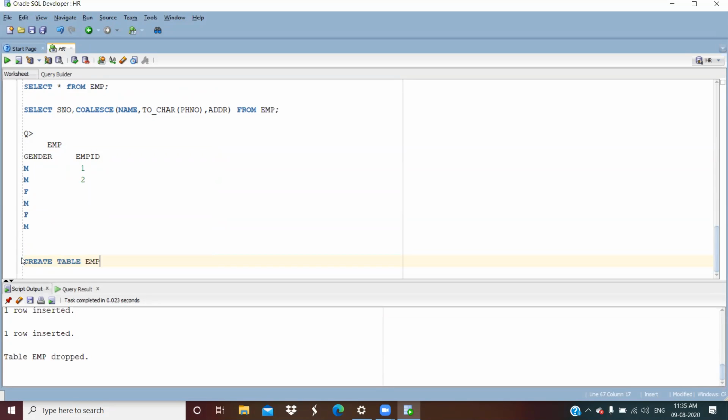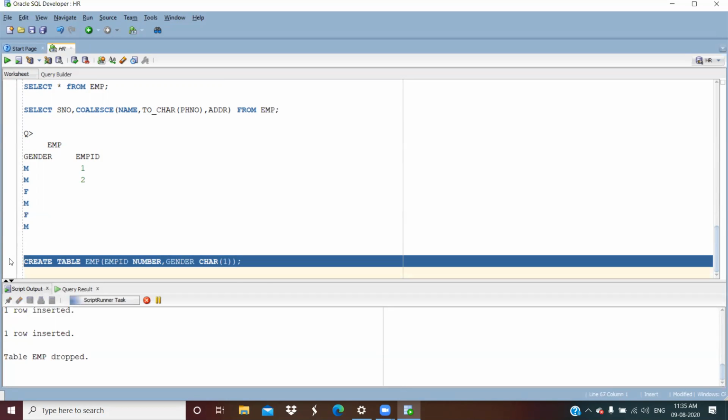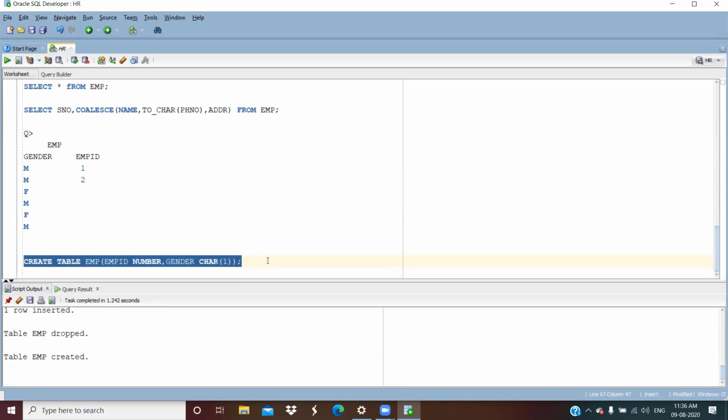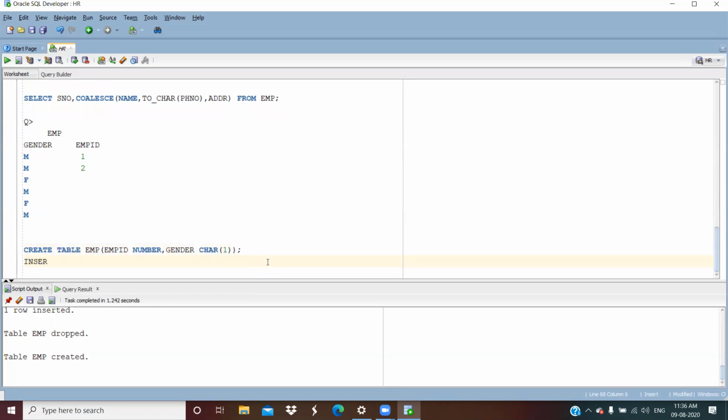Think of update, case, decode. Think guys, think.